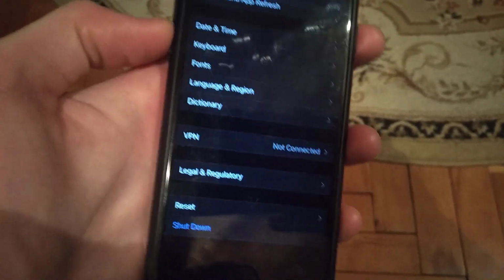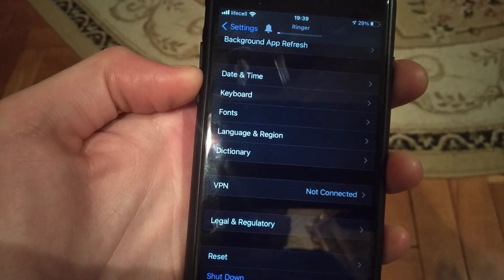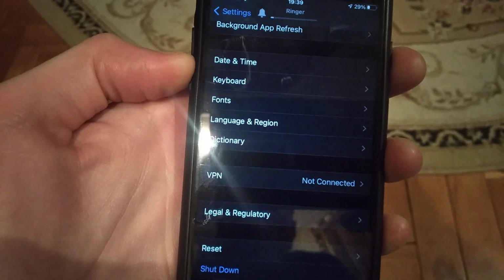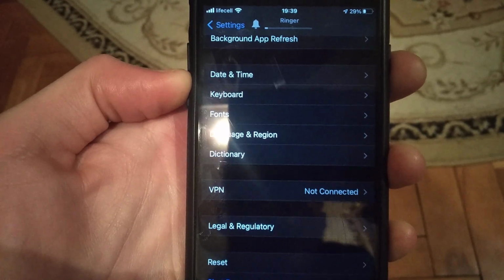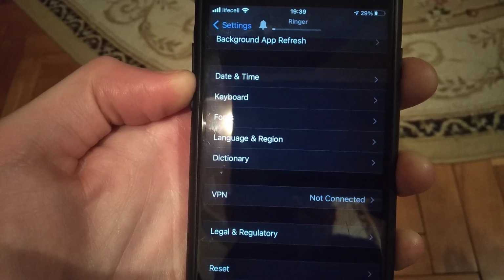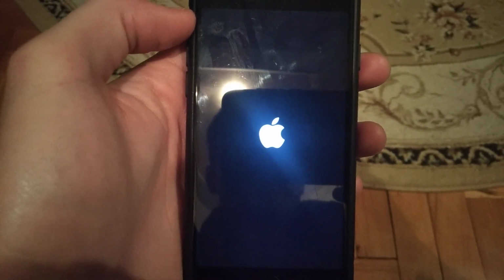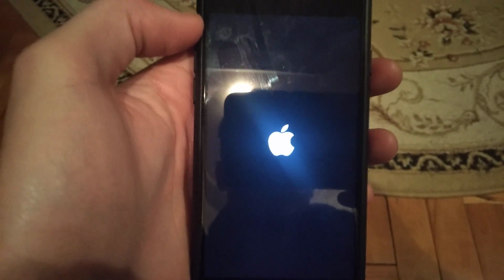If it doesn't help you too, you can also try to make a forced restart on your phone, so just keep holding the volume down and power buttons until you see the Apple logo. So just keep holding these two buttons. When you see the Apple logo, just release your fingers from these two buttons and wait until your system loads and you will be able to use your system. So just wait